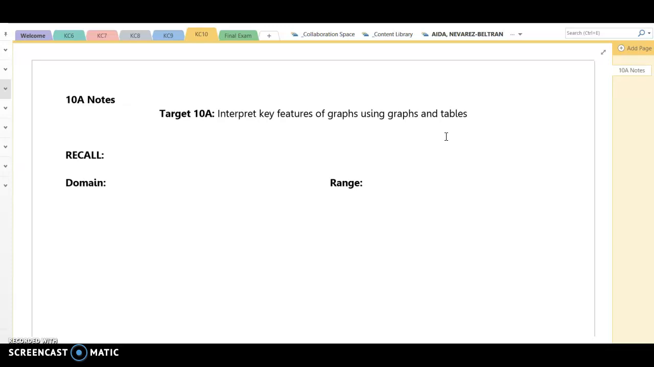Today we're going to do notes, and that's going to be your lesson for today. Your next lesson will be doing some practice on it. Since 10 is our last one, we're going to be taking our sweet time on KC10 and really making sure you understand everything of this semester in order for next year. So let's get going. So 10A,